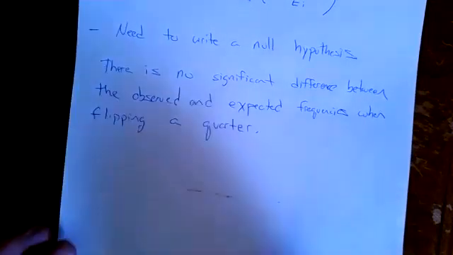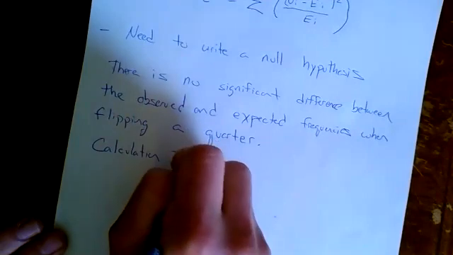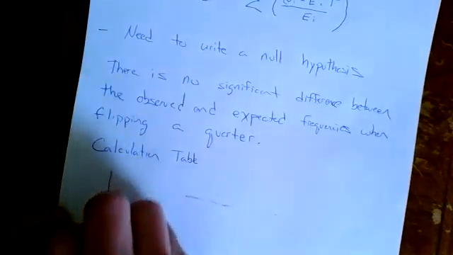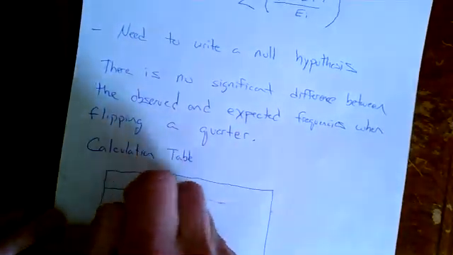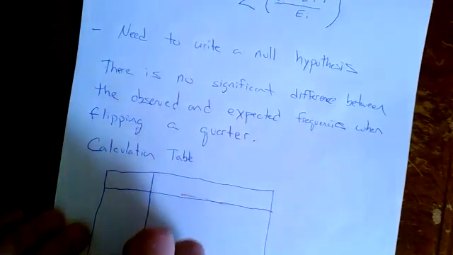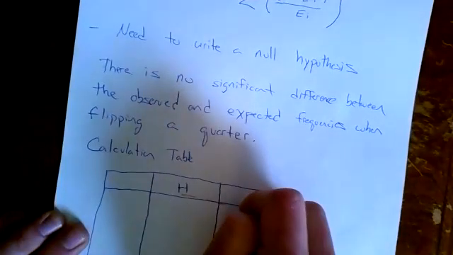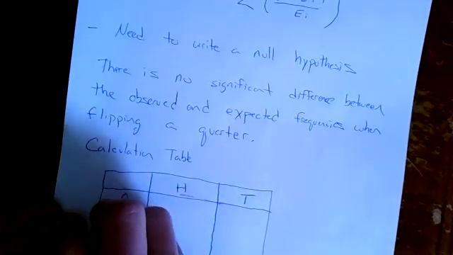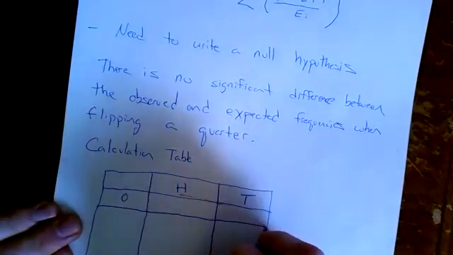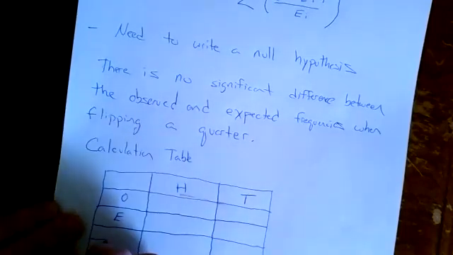quarter. So what I use to solve these is a calculation table. So I'm going to make a calculation table. In this table, it's going to set up like this. The top of your table are going to be your two options. Is it heads or is it tails? Is it purple stem or is it non-purple stem in the case of the lab we're going towards? What's our observed results? What's our expected results? What's our